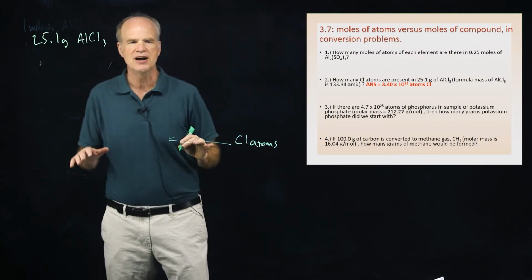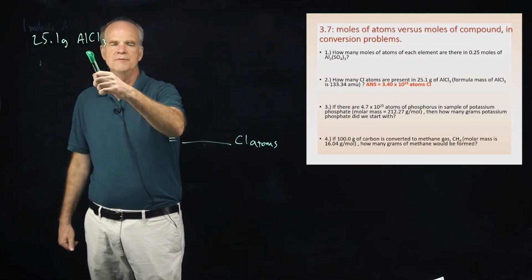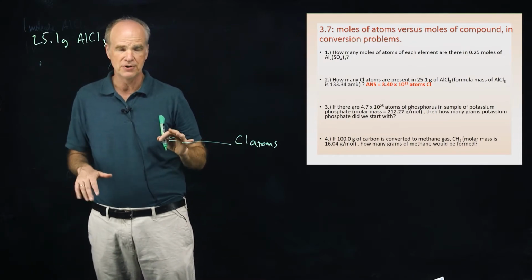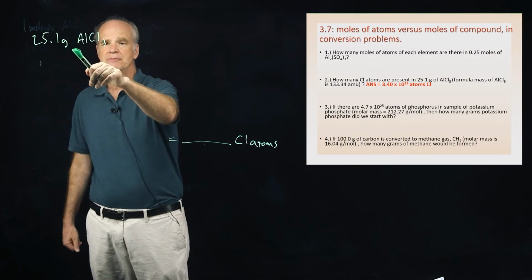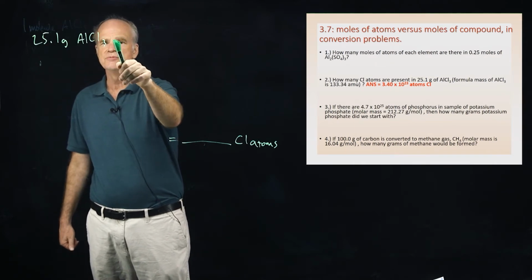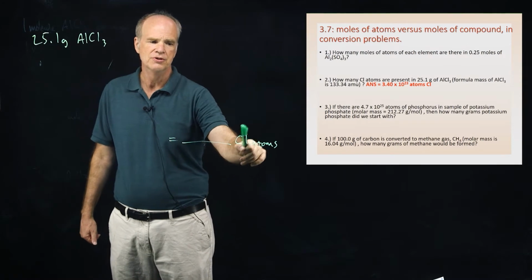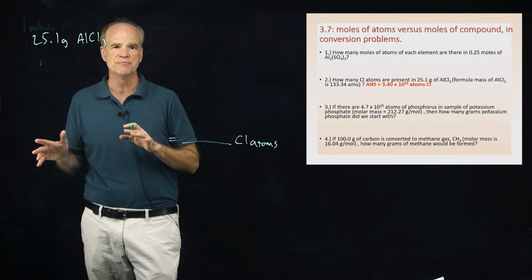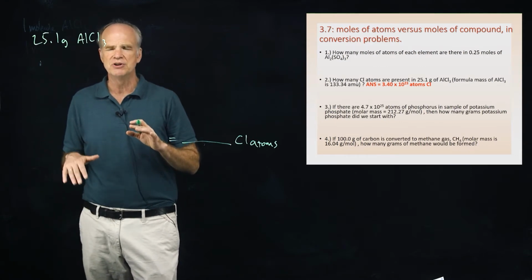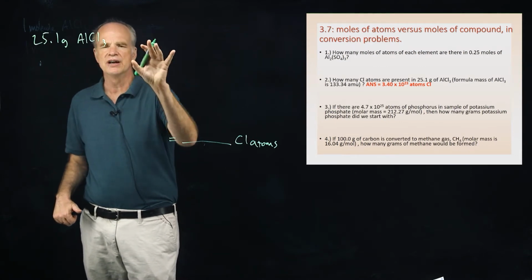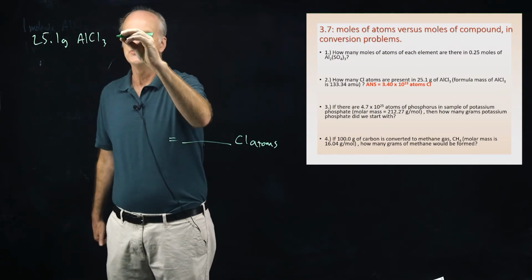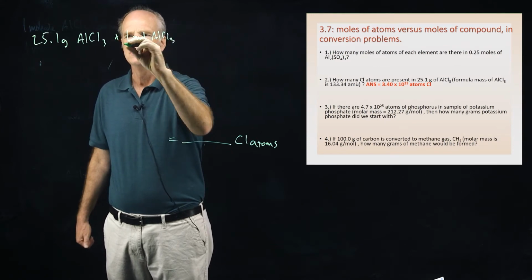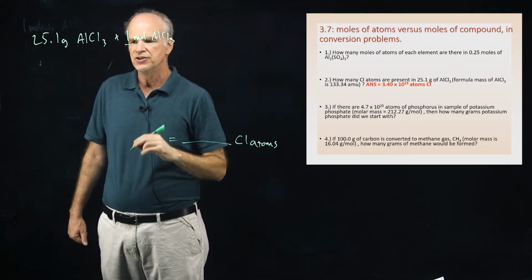So you can see we sort of have a problem here. One problem is we have to convert grams to atoms, but maybe a bigger problem is we have to convert at some point the molecule aluminum chloride to chlorine atoms. And so some of the mole proportionalities that I just mentioned might be useful. So the first thing I would do is get the grams of aluminum chloride into moles of aluminum chloride. So it's times 1 mole aluminum chloride over the formula mass, which is